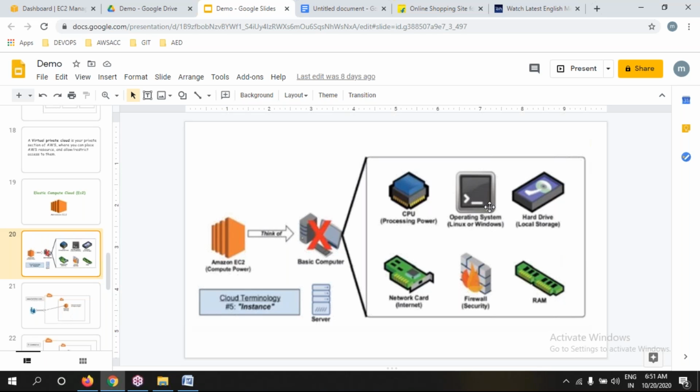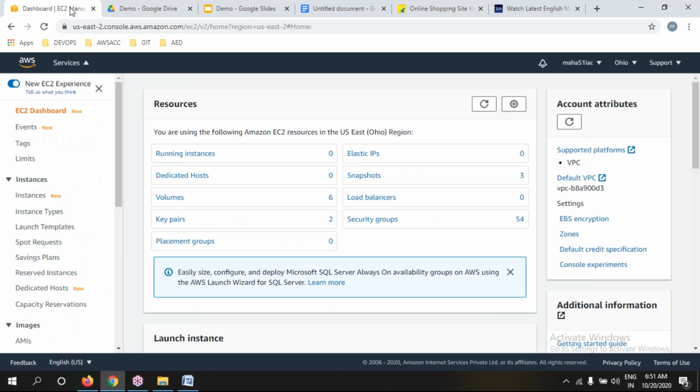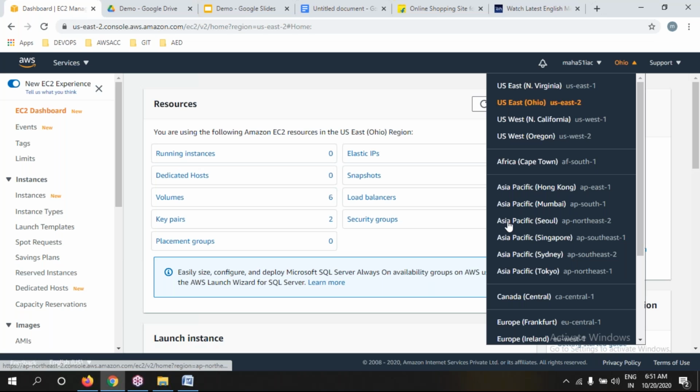RAM, hard disk, CPU, operating system, NIC card, security. But where exactly are all these resources? Not in a laptop, but in Ohio, in the US, guys, please. So I am going to create one EC2 server, but where exactly? In the Ohio region in the US, our internet is nothing but a cloud.